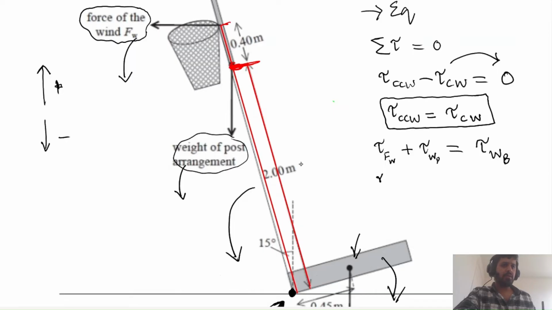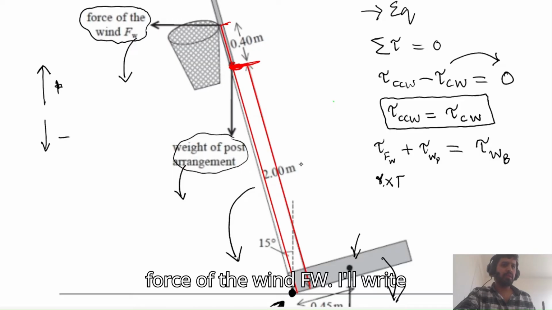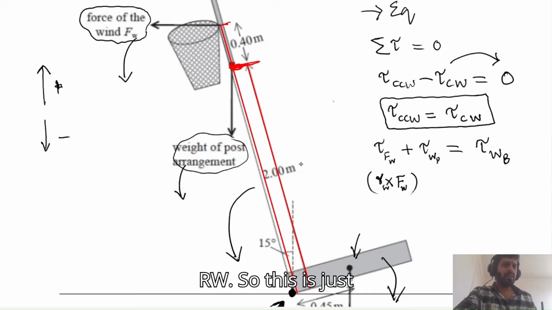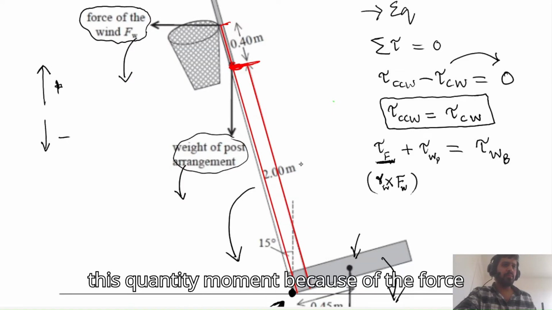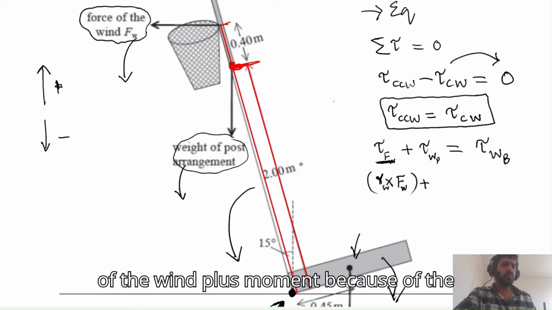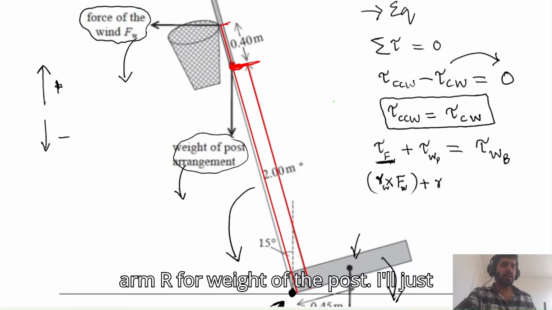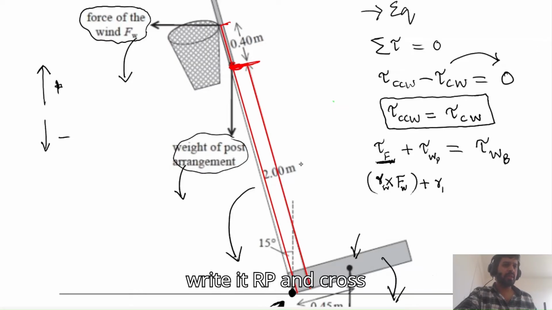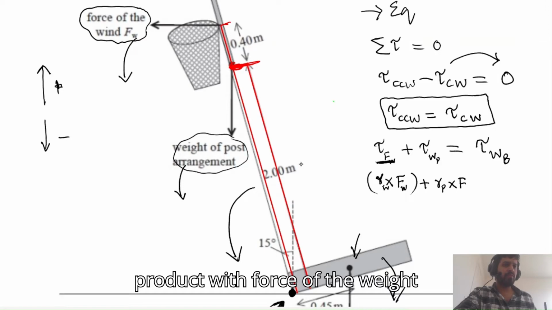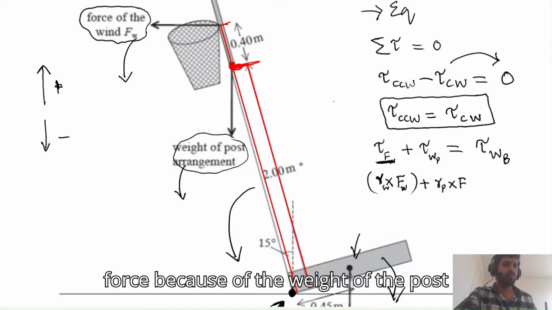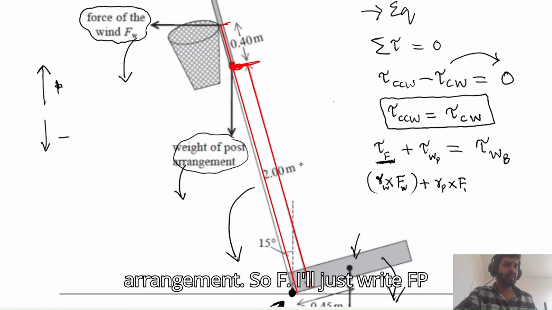So I'll write R for force of the wind, cross product with force of the wind, Fw. I'll write Rw. So this is just this quantity, moment because of the force of the wind, plus moment because of the weight of the post. It will be moment arm R for weight of the post. I'll just write it Rp, and cross product with force because of the weight of the post. So F, I'll just write Fp,